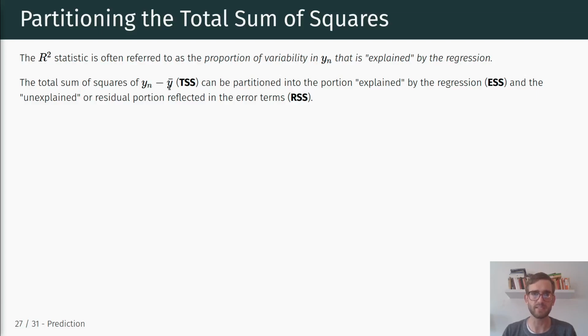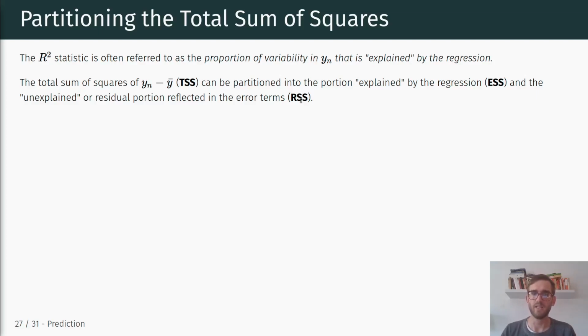That's basically the variation in our outcome variable that we observe. Okay. And it can be partitioned into the explained sum of squares, the part that is explained by the regression, and an unexplained part, which is reflected in the error terms,